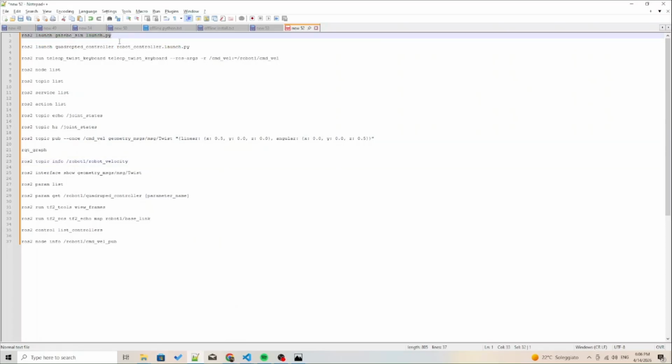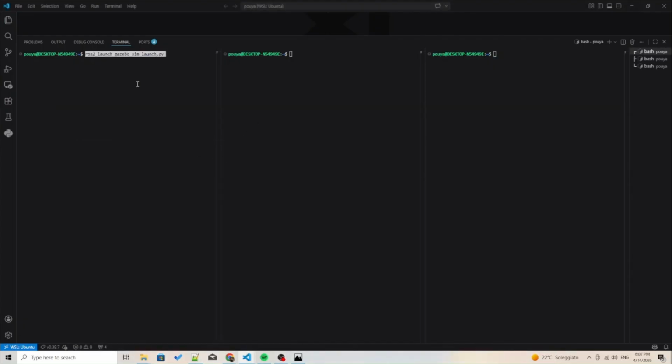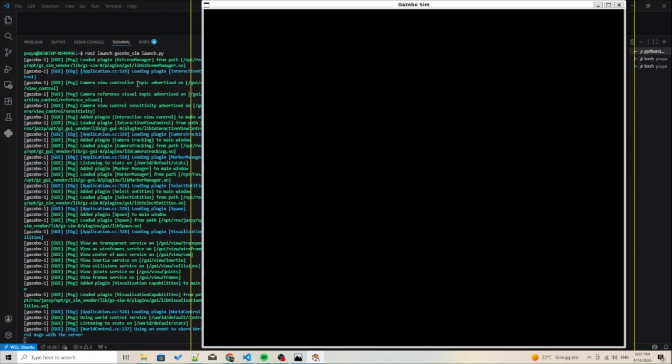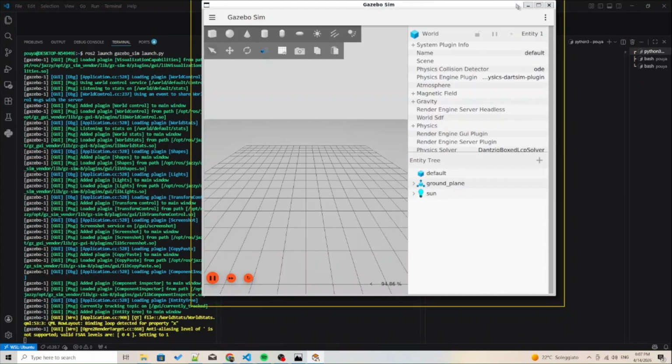Okay, I will share these commands with you guys. If anyone wants to follow along with me, you can directly copy and use them. With this command, we run ros2 launch gazebo sim launch.py. This is just running the code, and let's do it. So if we run this,